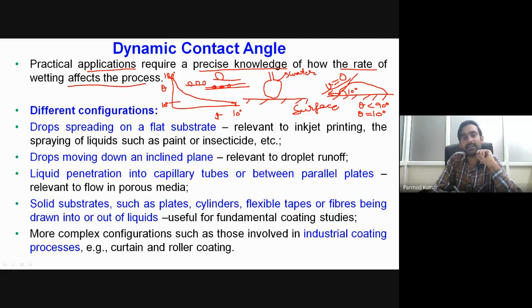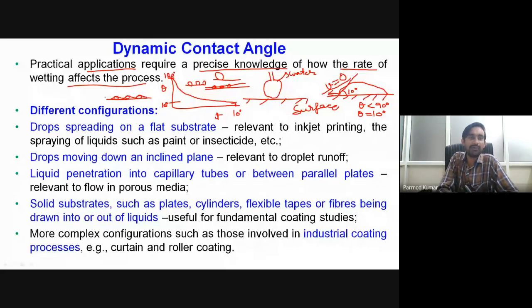At the same time, while studying heat transfer, if we have a case of spray cooling, droplets will be sprayed over the heated surface. If these droplets are not spreading over the surface, then obviously we will have the formation of a number of hot spots. However, if the droplets are spreading and covering the entire surface, the heat release rate will be faster, we will have high heat transfer coefficients, and the heat transfer process will be effective. That's why we require precise knowledge of the rate at which the wetting phenomenon is happening. It means precise knowledge of the contact line velocity and the value of the contact angle is required.